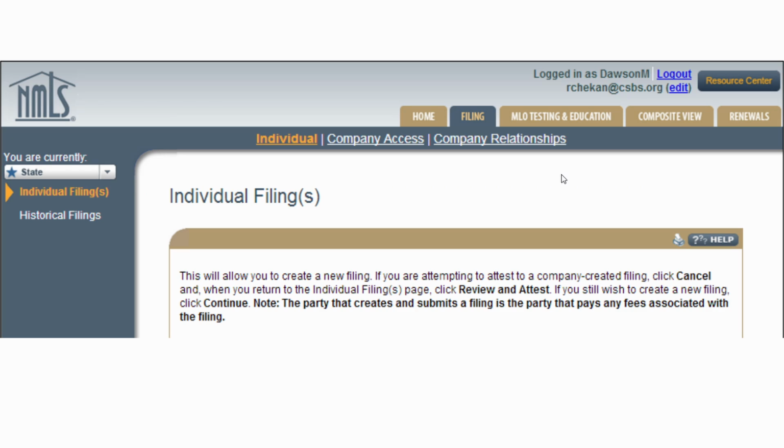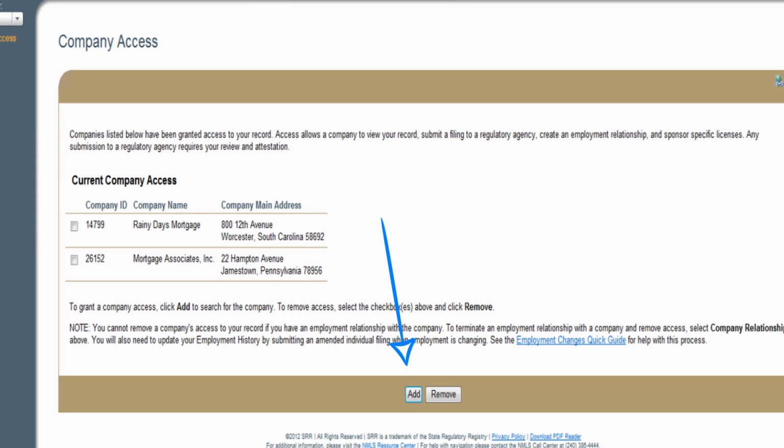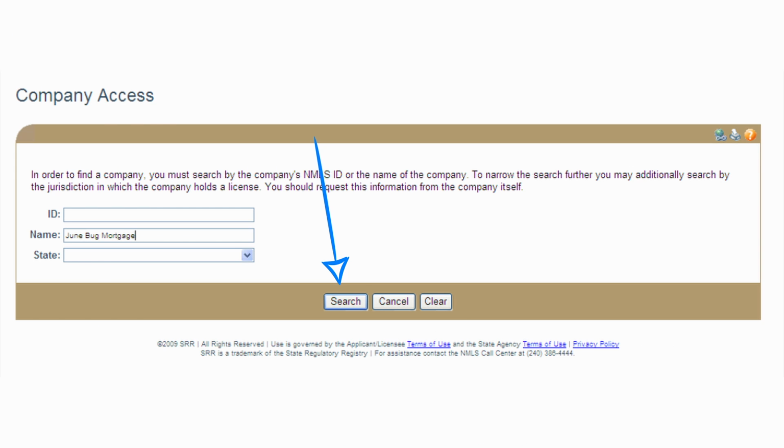Users will visit the form filing home screen, then click Company Access. They're then prompted to add their employer sponsorship by submitting employment details. Once the sponsoring employer receives notice of the verification request, they can approve the sponsorship. Upon approval, congrats, you officially have your mortgage loan originator license in California through the DFPI.